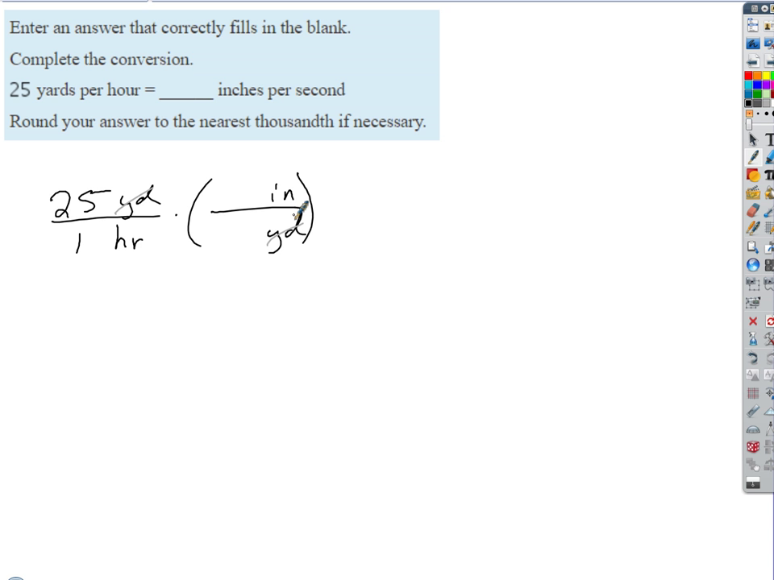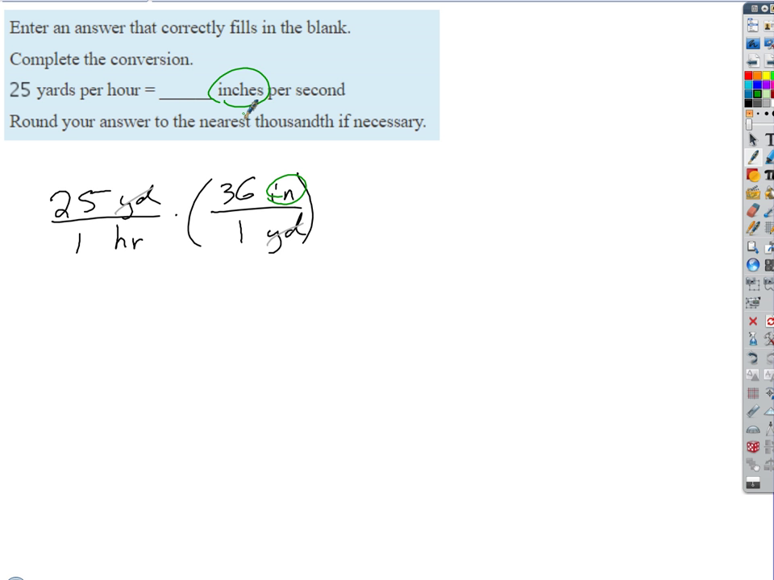And now all I've gotta do is write a quantity of yards and inches that's the same length. So typically we start with the bigger one, which is a yard. How many inches in a yard? 36. So 36 inches equals 1 yard. Okay, that's good. Now we end up with inches on the top, which is what we want, right? But we have hours on the bottom. So we gotta cancel